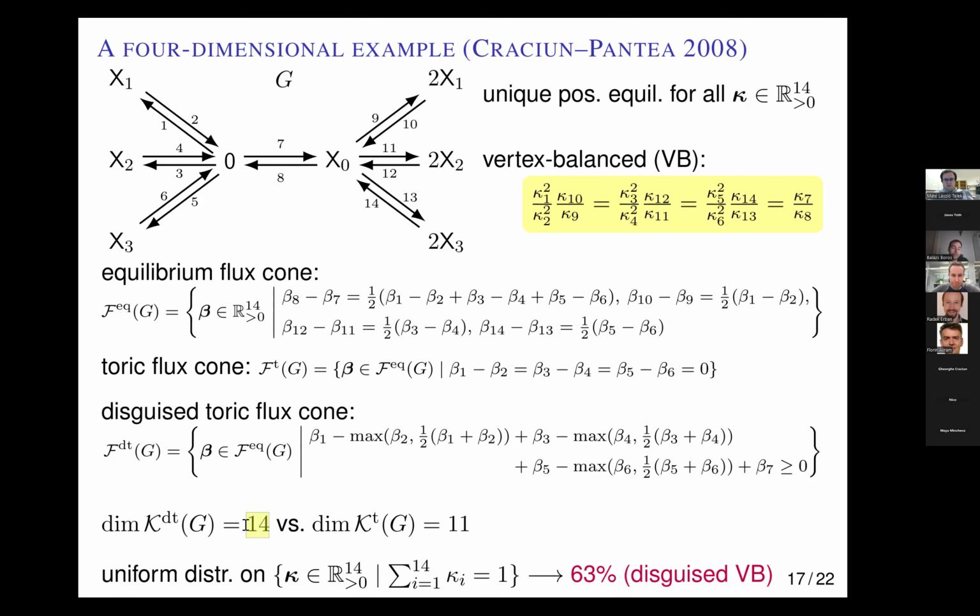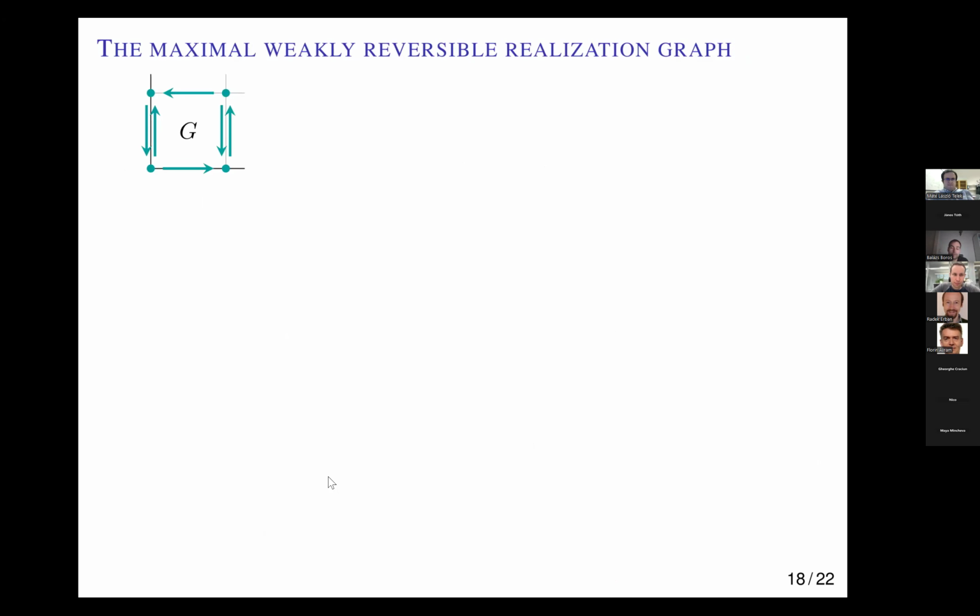Namely, we know its dimension is 14, it is full dimensional. And on the last few pages, pretty quickly, let me show you a little bit of the theory after the many examples. So again, if we take the partly reversible square for illustrative purposes, then there is something which